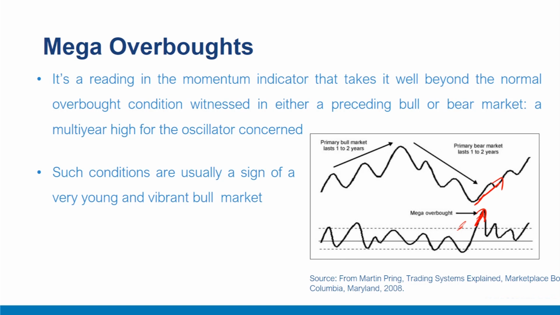It represents a sign that the balance between buyers and sellers has unequivocally shifted in favor of buyers. It's something like a person using all his strength to crash through a locked door. It takes a tremendous amount of energy to achieve. But once the door is finally shoved open, there's nothing to hold that person back any longer. In the same way, a mega overbought removes the price from its bear market constraint, leaving it to experience a new bull market. And vice versa for a bear market, or mega oversold also, which may be a first thrust in the bear market after a prolonged bull run.